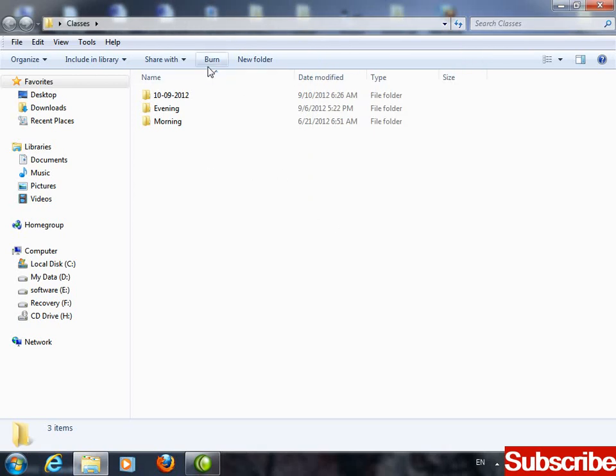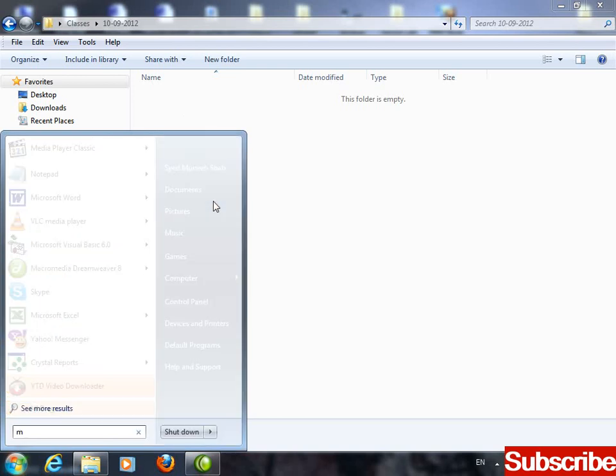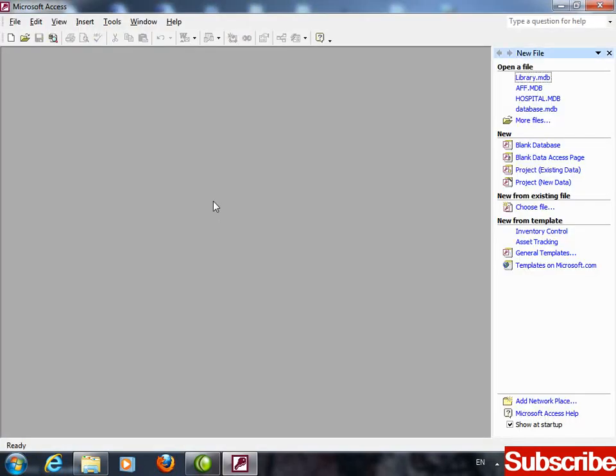The employee form was already discussed with you, right? Here in the classes folder 10/9/2012, this folder is created. First of all, create a database. MS Access. From here I'm going to select blank database. I think Ustad BP has discussed with you that you have to save the file in 2003 format, 2002-2003